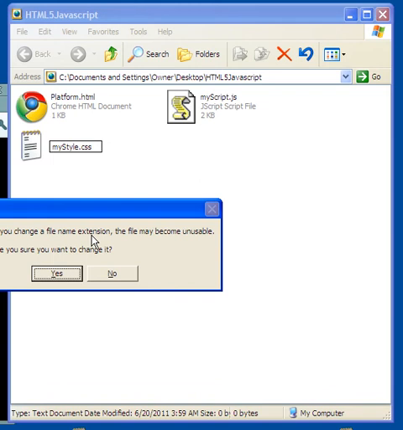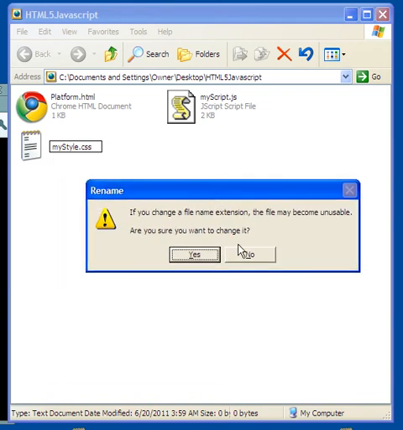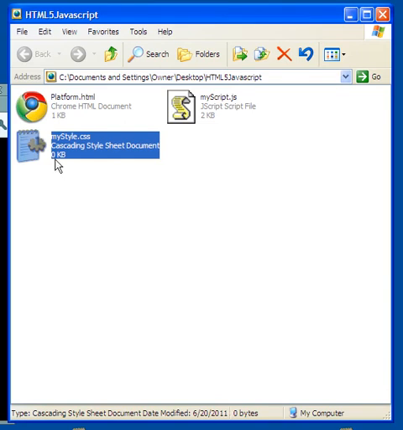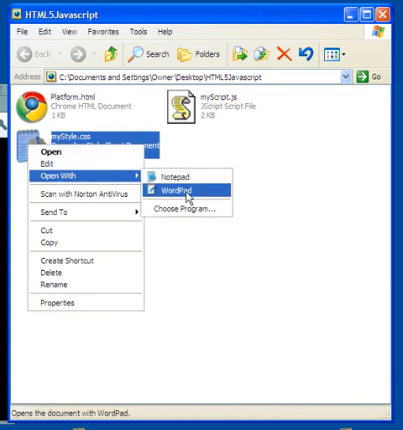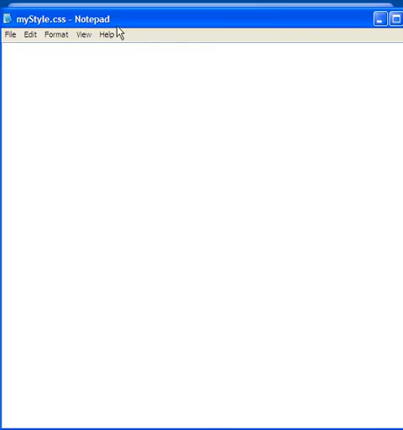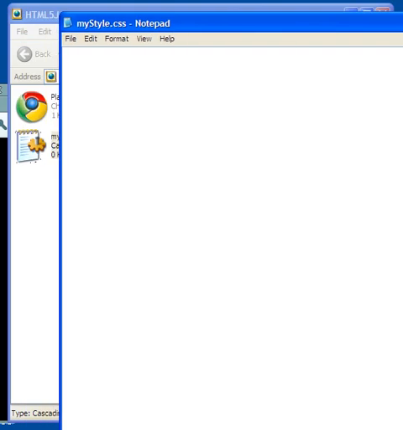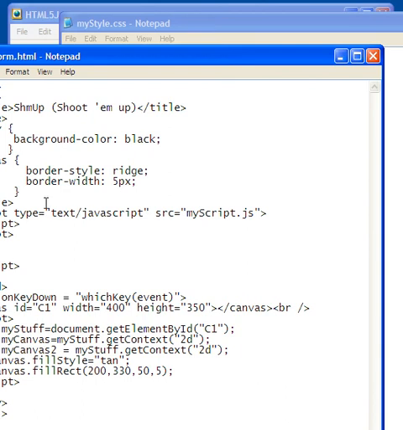And again, I get the warning that I will destroy the planet if I change the extension, and I press yes, and now it looks like some kind of machine there. Okay, and in order to open it, I do the same thing. I right click, and so on and so forth. I'm going to open with Notepad, of course, and there's nothing in it, and I'm going to come over here to my HTML document,